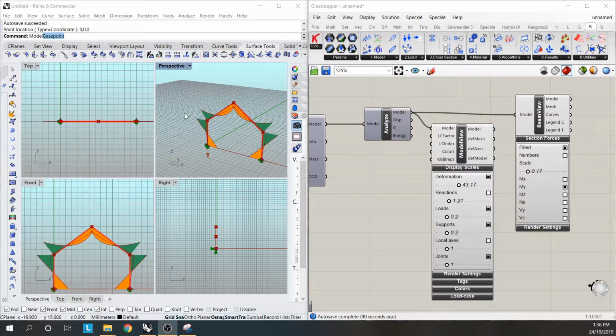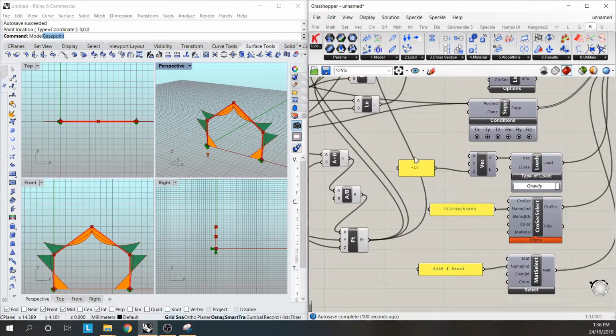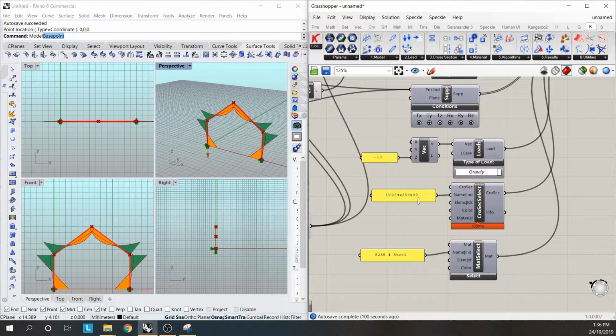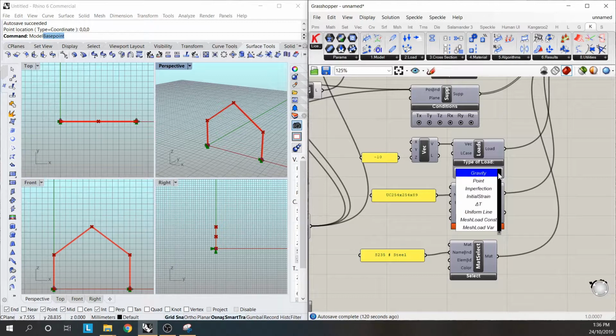Now the last thing I'll quickly show is obviously gravity, while it's a useful load case, one of the most important things for a portal frame is the wind load cases. There'll be quite a few in normal portal frame design. So let's try and put that in. And actually it's quite easy because we'd already set it up with a gravity load in the Z direction downwards. So if I disconnect that and I change this from a gravity load to a uniform line load,